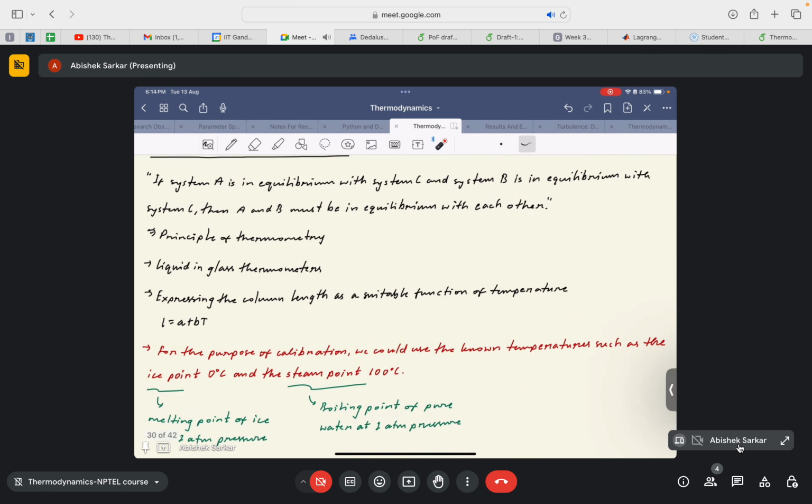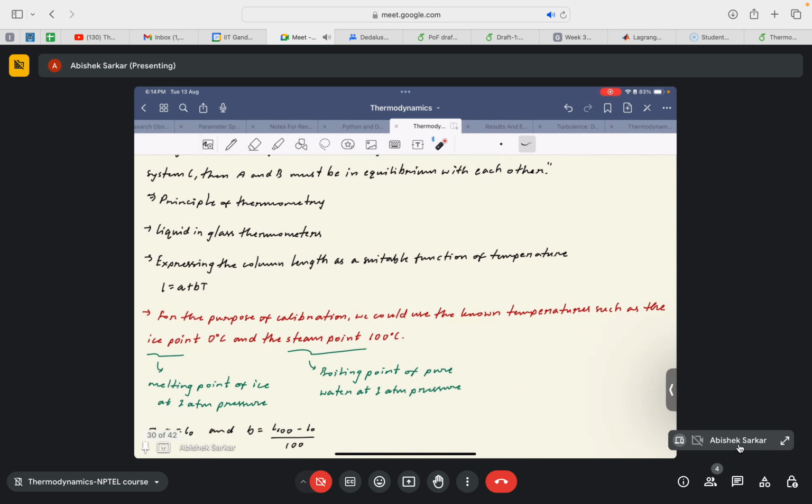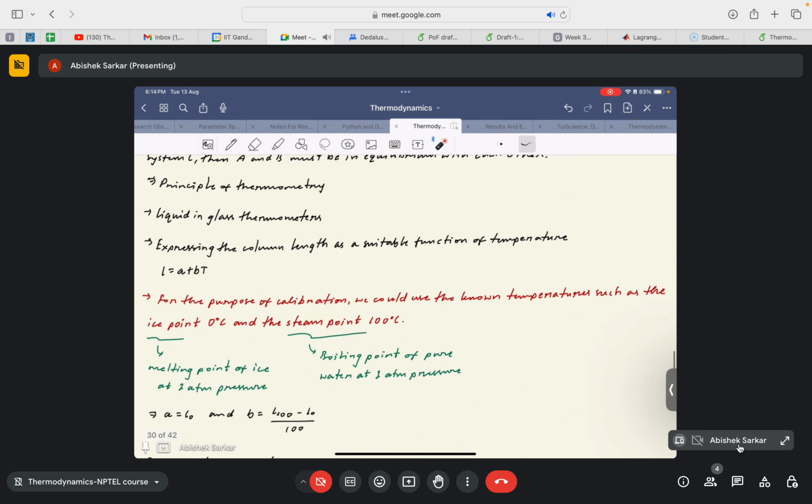For the purpose of calibration, we could use known temperatures such as the ice point, that is 0 degrees Celsius, and the steam point of 100 degrees Celsius. So this linear relation needs to be calibrated. By calibration I basically mean we need to determine the value of these constants A and B, right? Because different materials, different liquids will be calibrated accordingly, and thus will have different values of the constants A and B. That's why we need to calibrate it by using a known temperature